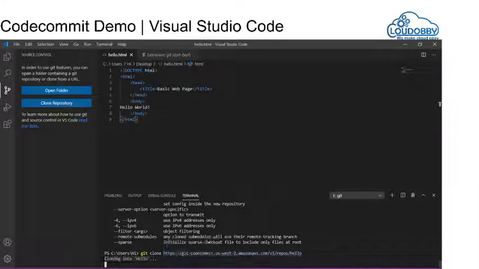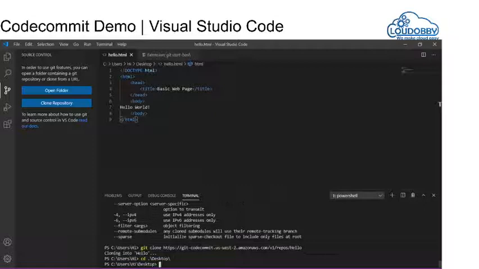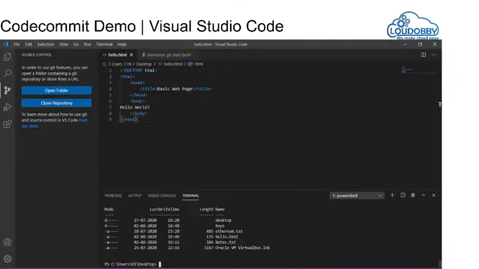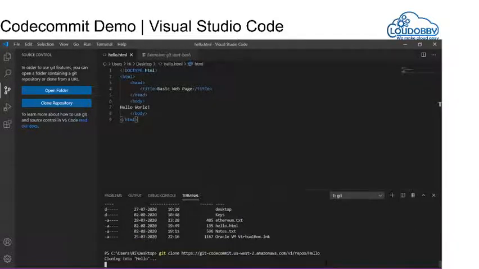If you want to clone it in a different directory, for example my desktop, I am going to use the clone command here, or you can give the full path. So now I am going to clone my repository into the desktop.